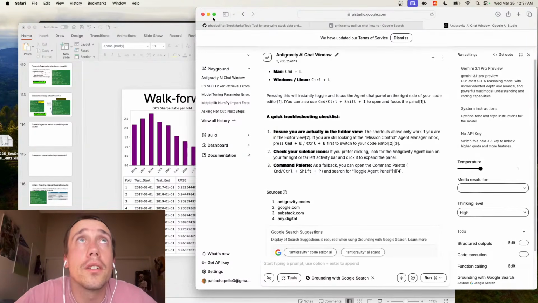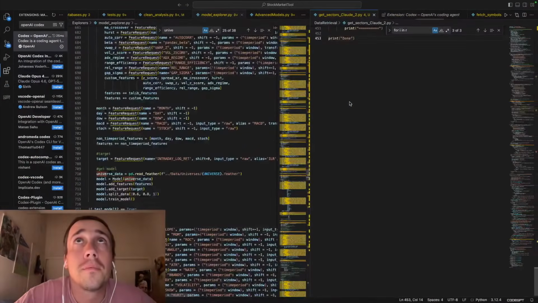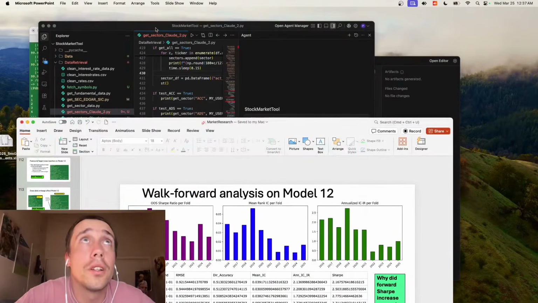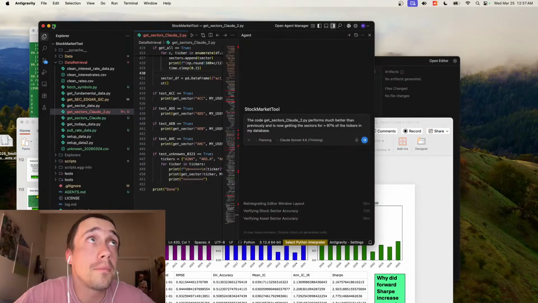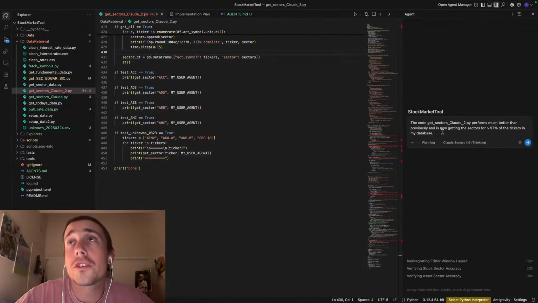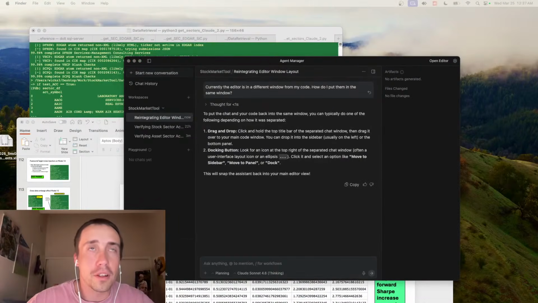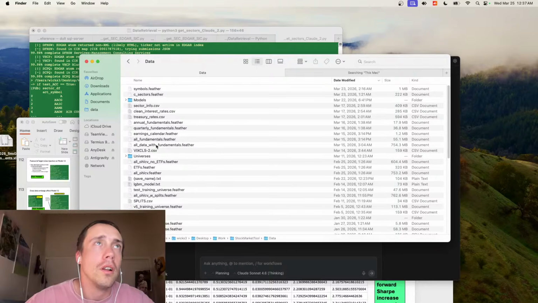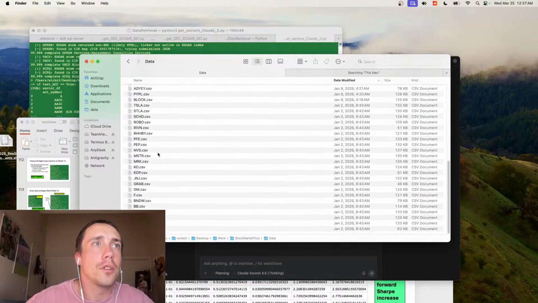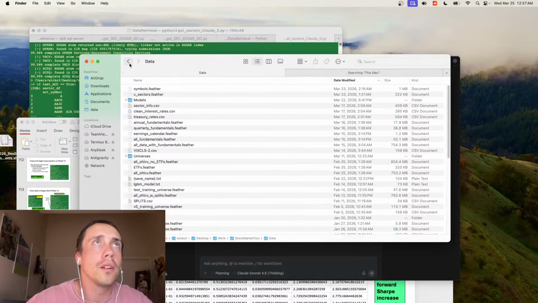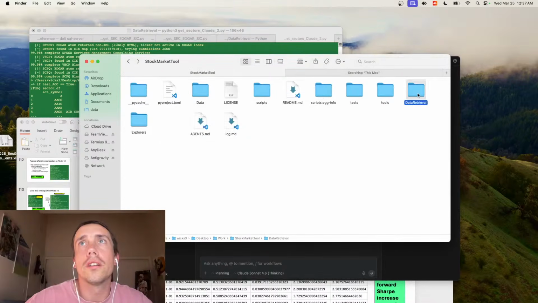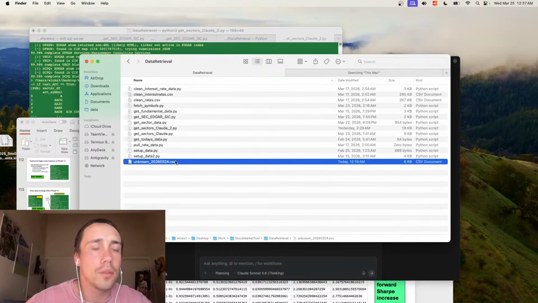Okay, so now it's working. That's VS Code. We want Anti-gravity. Okay, so the code get_sectors_claude2.py. Oh yeah, I was going to reorganize stuff, so I didn't save it in the right place. It's saved inside of data retrieval. So we have unknown, and clean rates, clean interest rates.